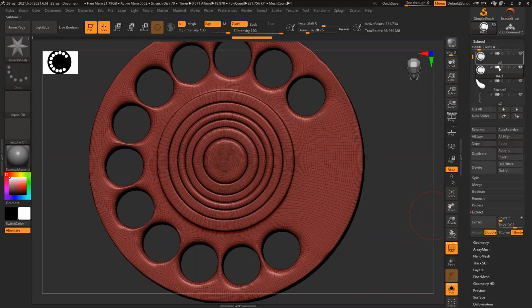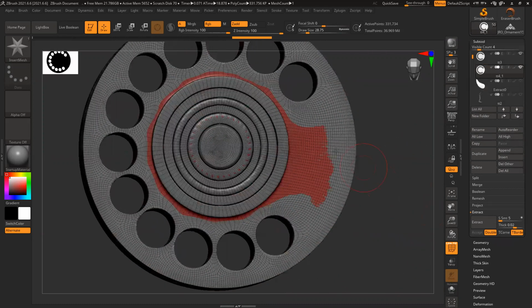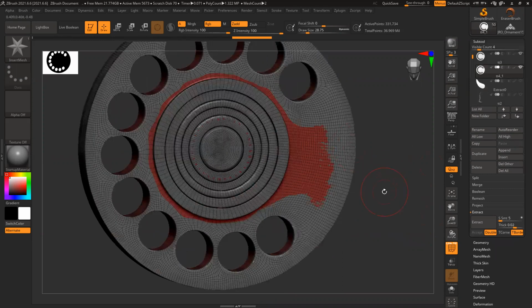So Control D, and switch off all the eyes, Shift click on the eye and keep these two open only. Now you can see clearly your base and this thing, a little difference. Go to Project, only this, make sure these two are active. Project.